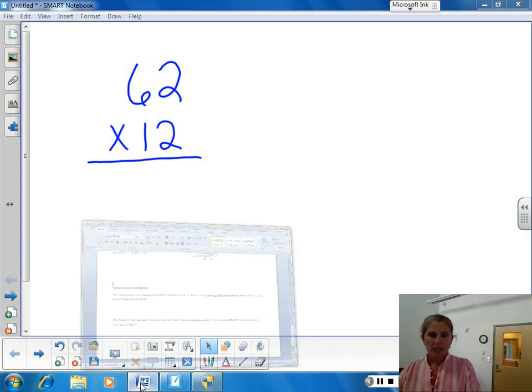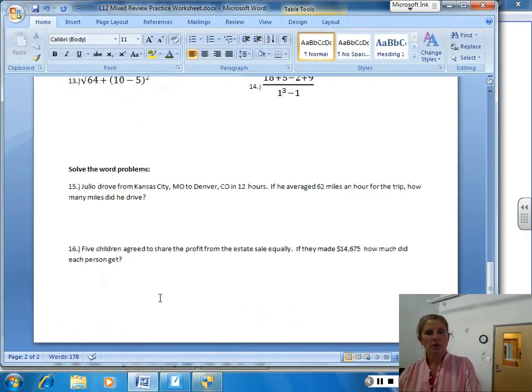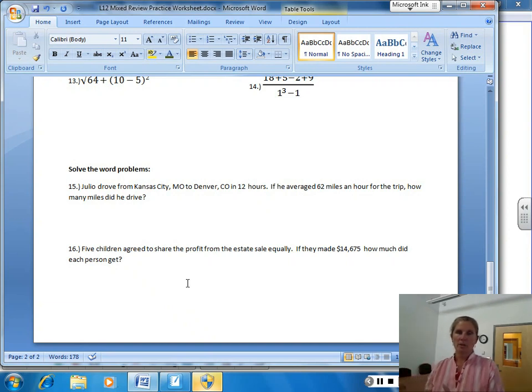Okay, and the last one, 5 children agreed to share the profit from the estate sale equally. If they made $14,675, how much did each person get? What kind of a problem is this? If you said division, how do you know? Well, what you should know is that when you share something equally, you're dividing it up. Each of these people are getting their share, which is a little divided part. So it's division. There were 5 children, and it's